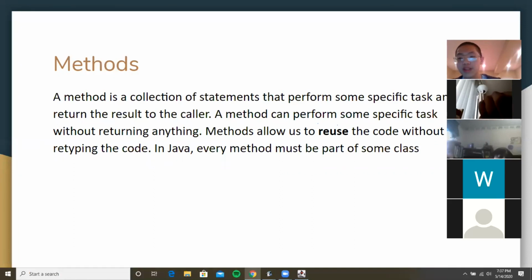And the point of a method is that when we write a method, we can reuse the same code over and over by calling the method over and over again so that we don't have to type the same section of code repeatedly. And in Java, in order to create a method, it must be part of a class. So basically, you have a class, and then underneath the class, you can create multiple methods and call the method from the class as long as you are referring to it in the same class and you call upon it.